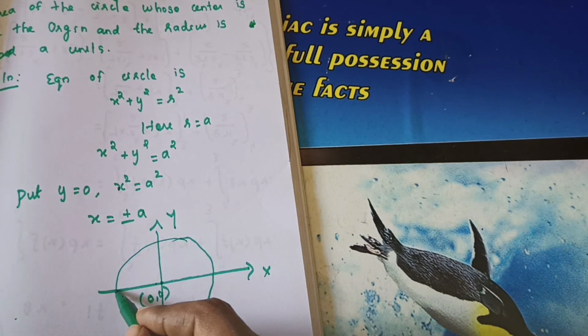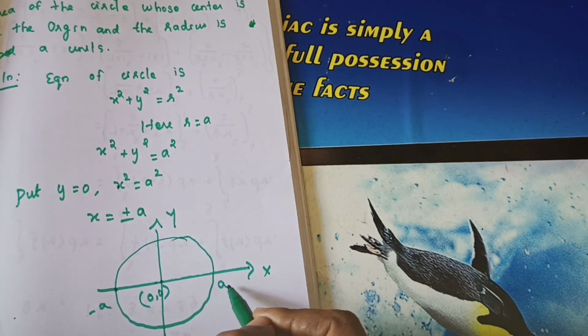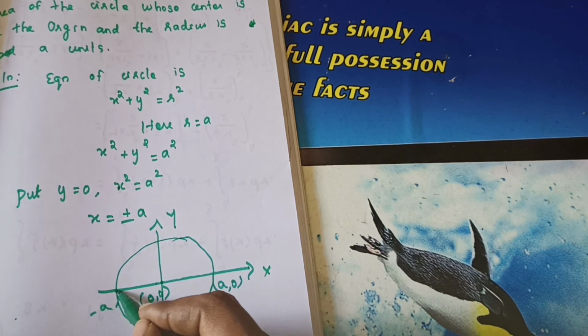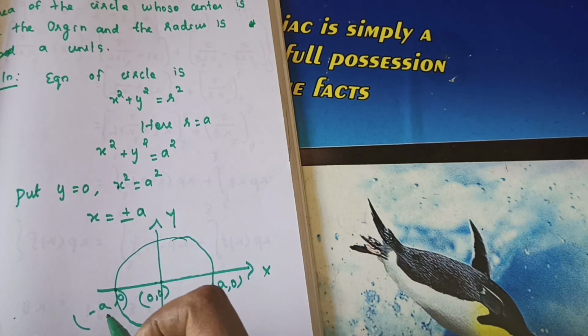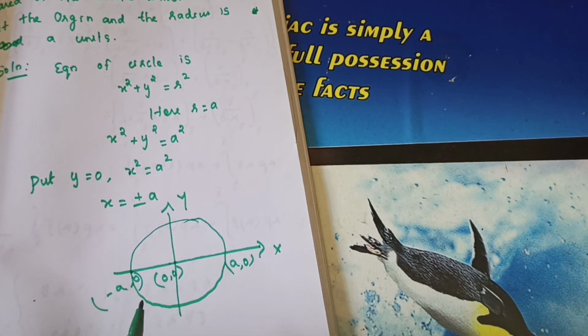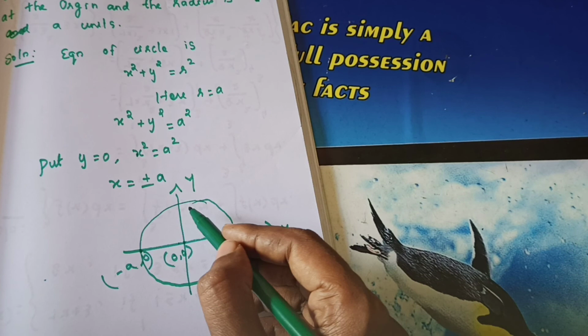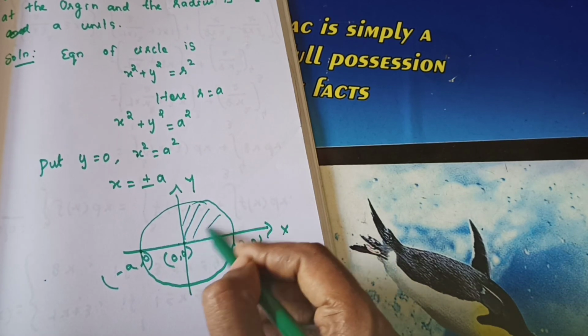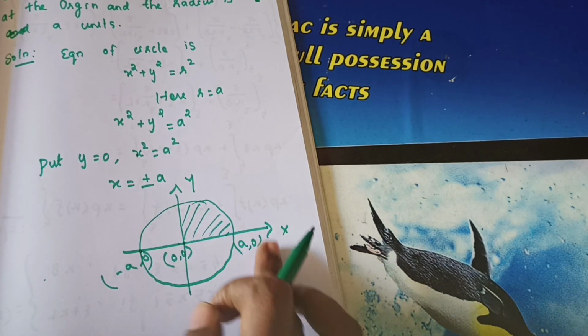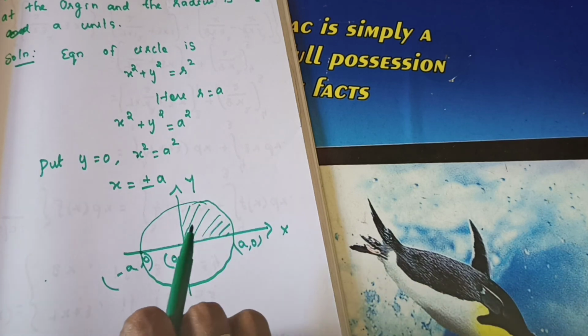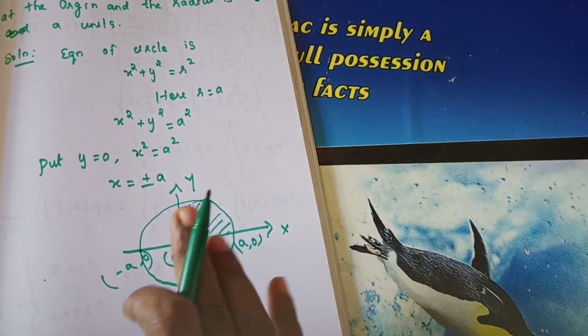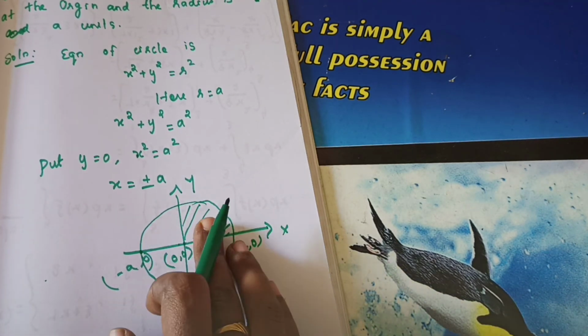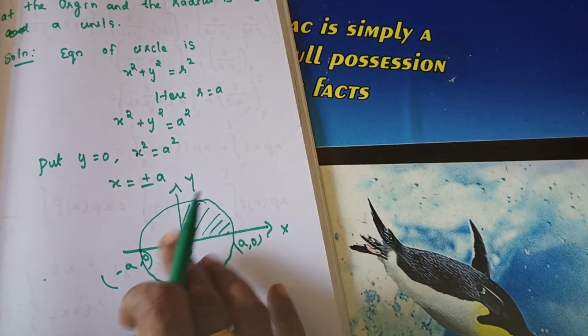So what will happen here? It will be minus a. Here it will be plus a. It is given in your question, a square. Is it right? So the x values are minus a and plus a. According to that we have plotted the points. So we need to find the area of a circle which has its center at the origin. For the whole circle, if you need to find it, it will be very difficult. So it will be symmetrical and divide into 4 equal parts.